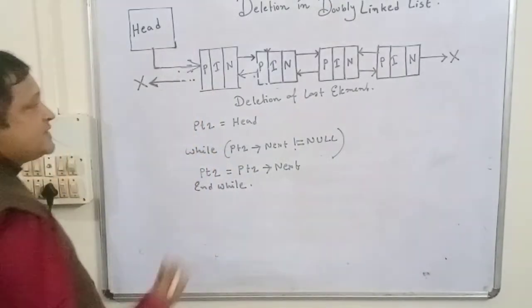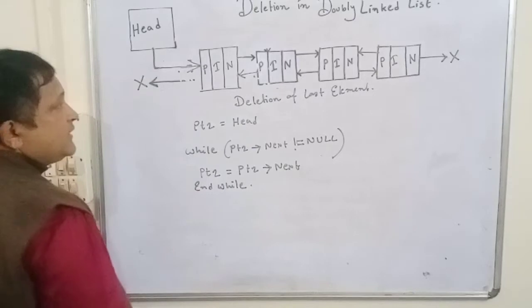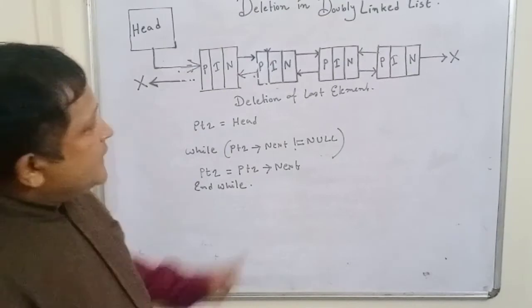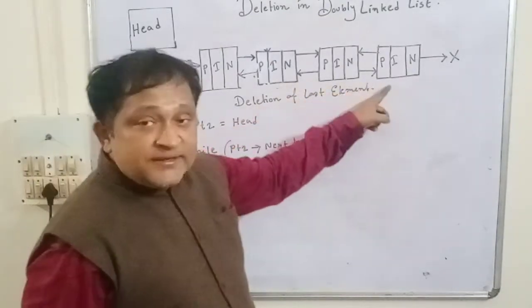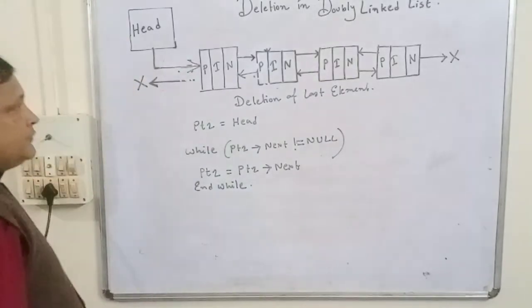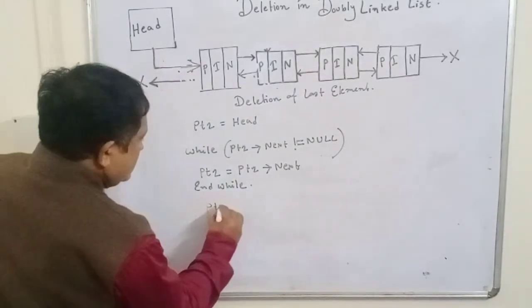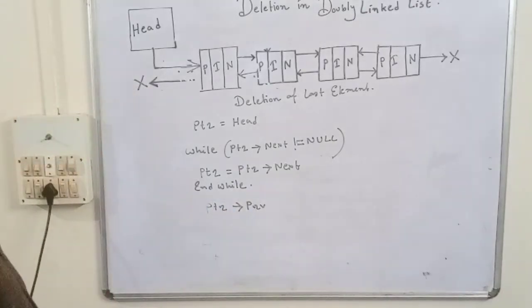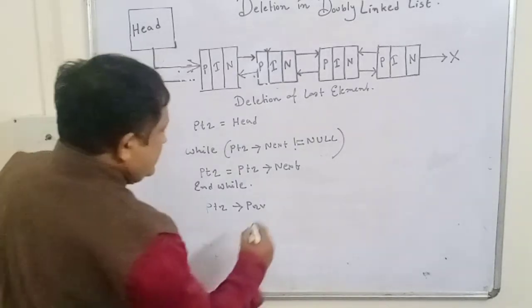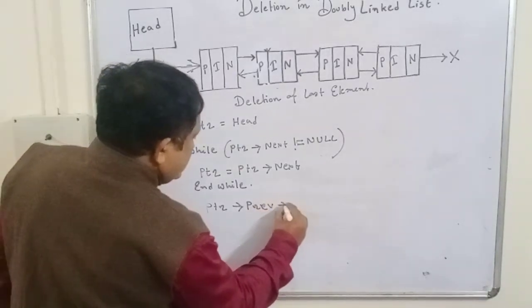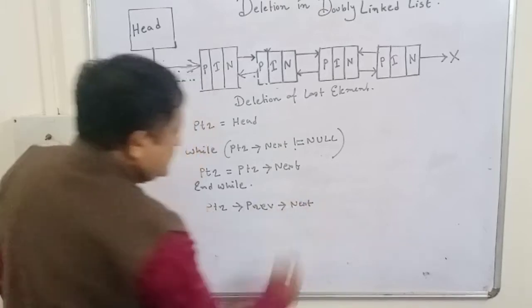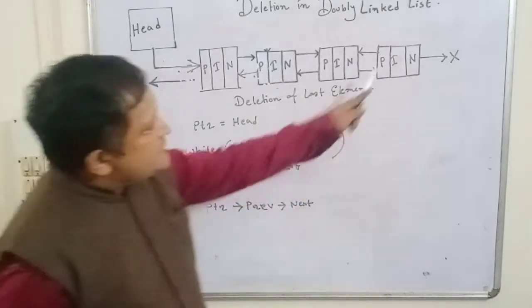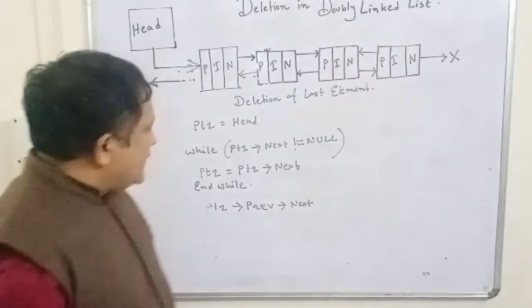So now it has reached the last node. So what will happen? How to delete that last node? So we have, this is the last part. So we are in the last node. PTR has become this, is representing this particular node. So PTR previous, next is a double arrow. Why? PTR previous means PTR is the last node.